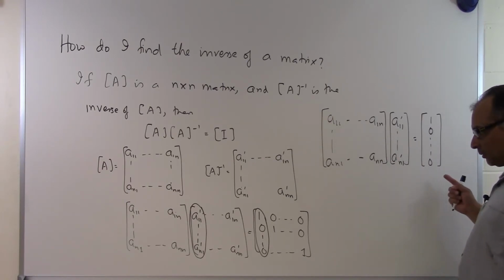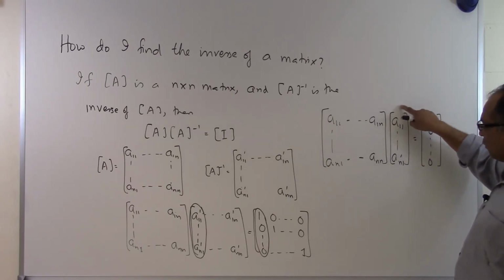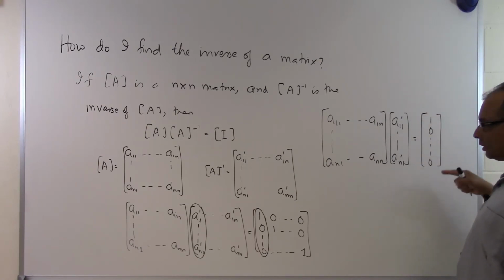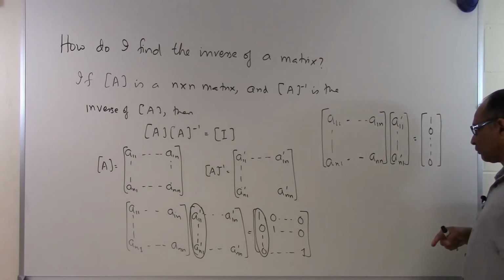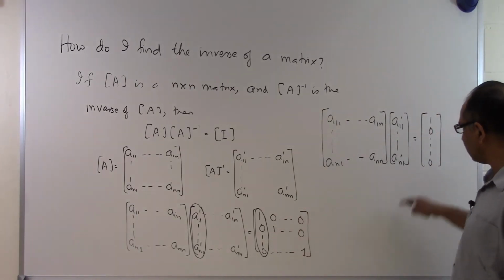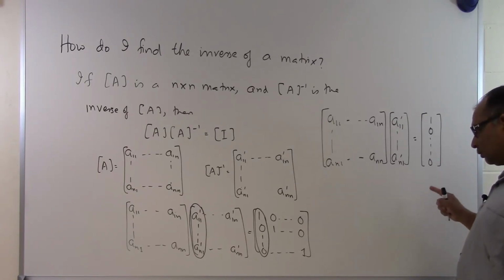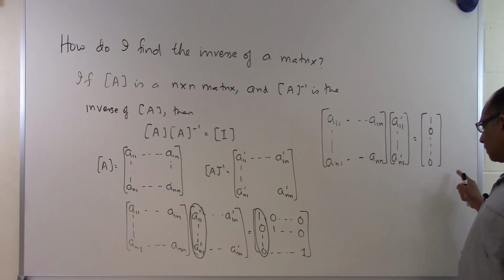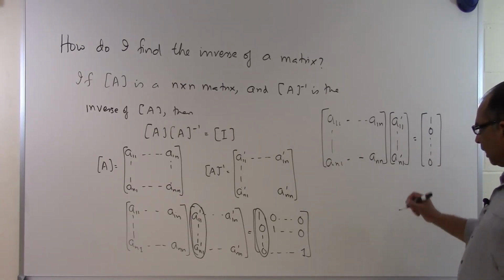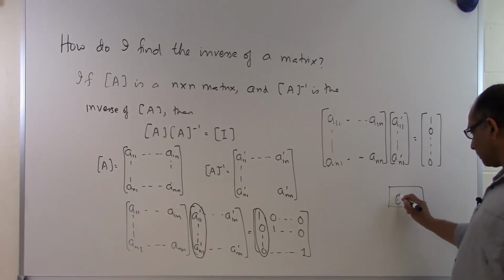And what does that mean in terms of finding the other columns of the inverse of the matrix? If I would have put the second column of the inverse of the matrix here, then in this case the right hand side would become 0, 1, 0, 0, 0, and so on and so forth. So the second column of the identity matrix would be my right hand side vector. If I continue doing that, I'll be able to set up n equations in n unknowns, but I'll have n such sets of n equations in n unknowns, and I'll be able to find the inverse of the matrix. And that is the end of this segment.